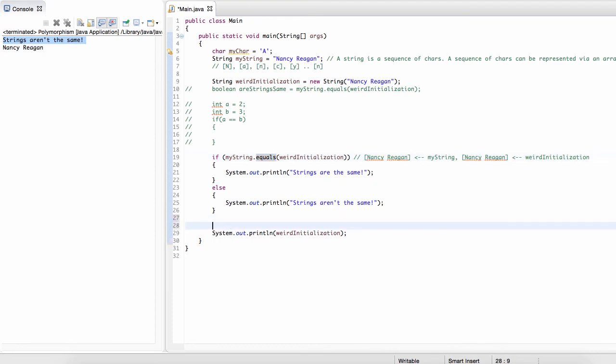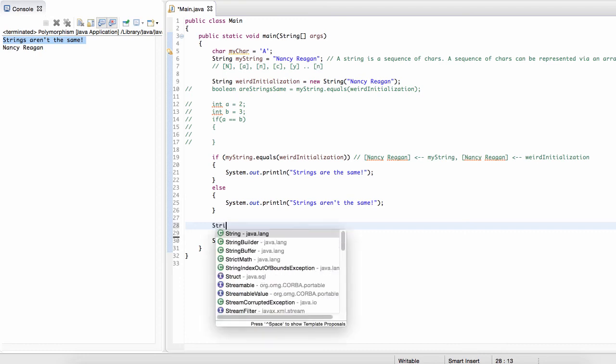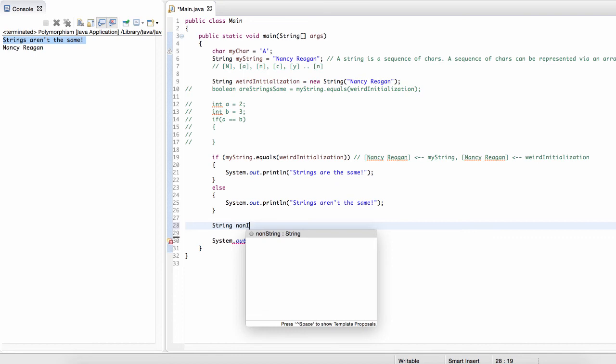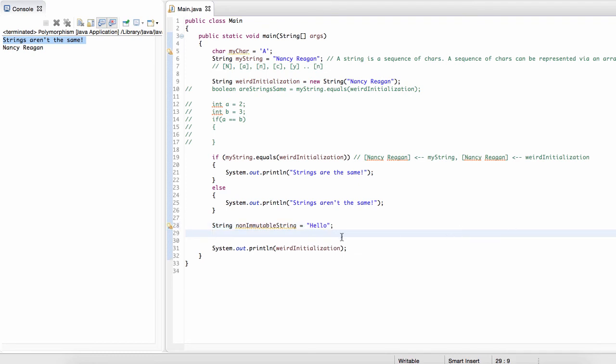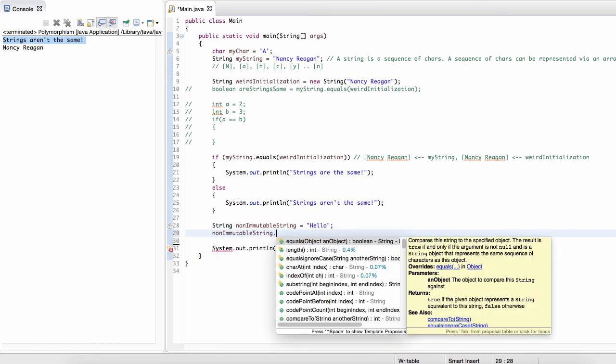Okay, cool. Now, one more critical fact about strings. Strings, we call them immutable. So what does that mean? Well, immutable, just the definition of it, means something that can't be changed. When something is immutable, you can't change it. So if I create a string, non-immutable string equals hello, once I've created the string, I can't change its contents. So what I can't do is something like non-immutable string dot